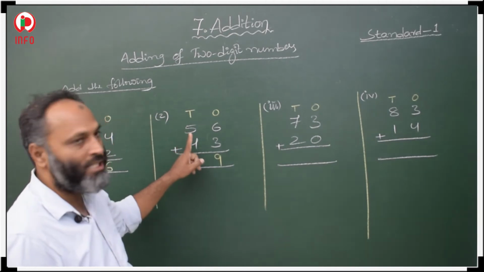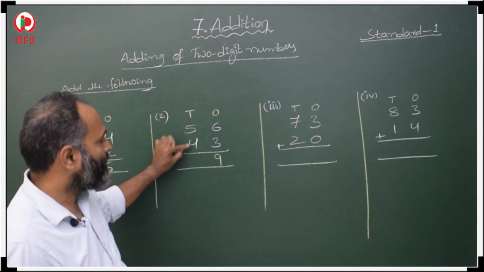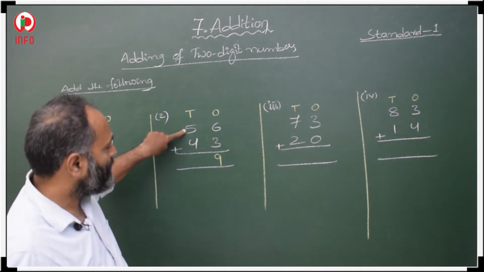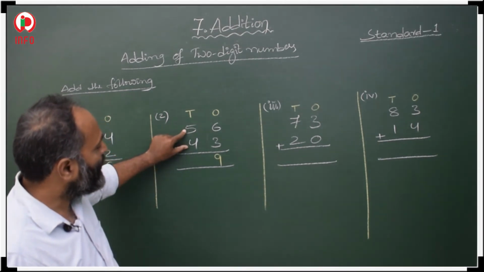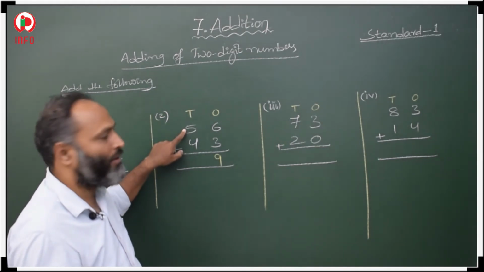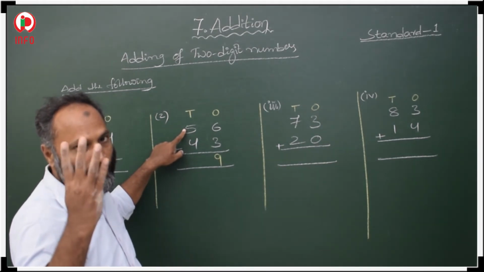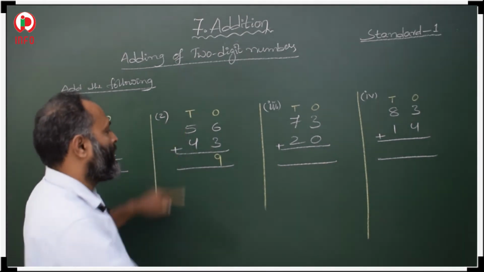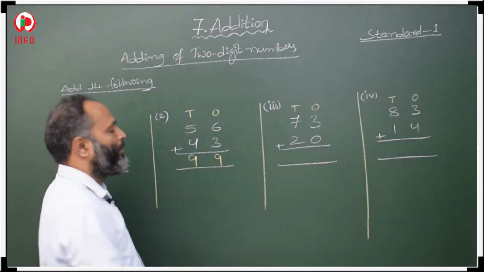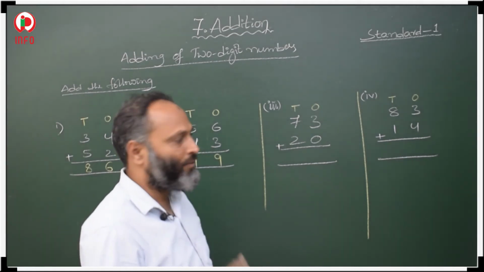Then after the tens place we have to add. So in tens place 5 and 4 is there. Keep your finger on 5. Then 4 is there below this 5. Means 4 more numbers we have to count forward. 5, 6, 7, 8, 9. 9 we have to write below in tens place only. In the tens column we have to write 9.